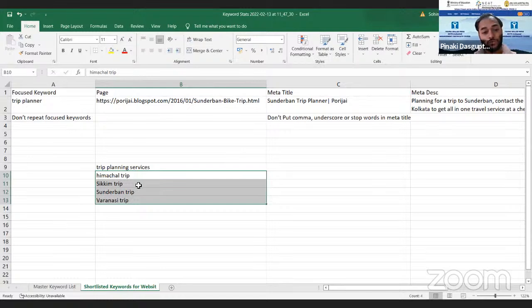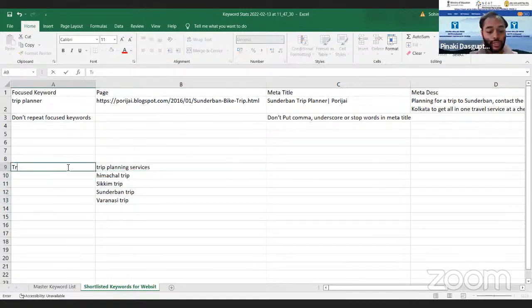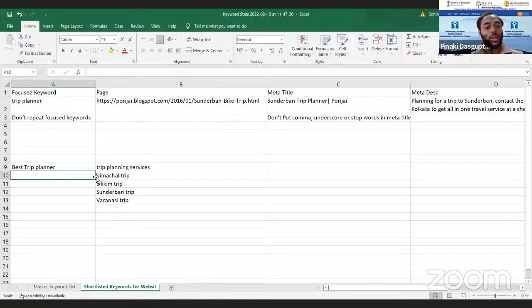So now, for trip planning services, your keyword should be trip planner. Or rather I can use best trip planner, fine. Now in Himachal trip, which is also a sub page, I have to modify this specific keyword.